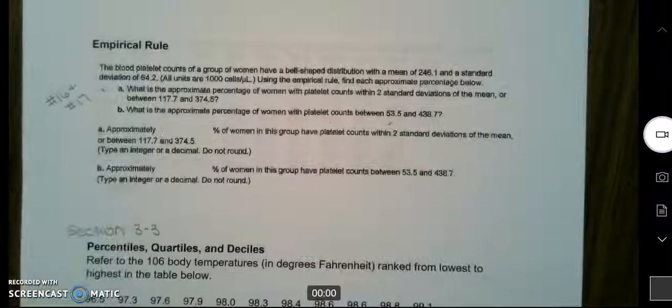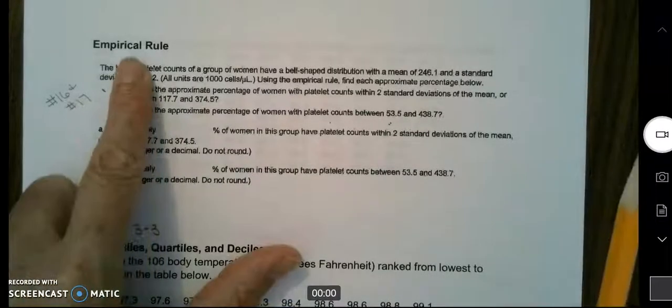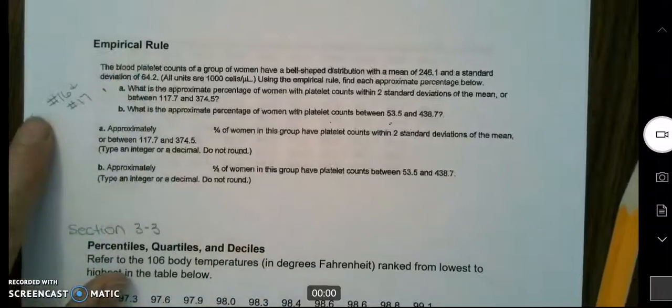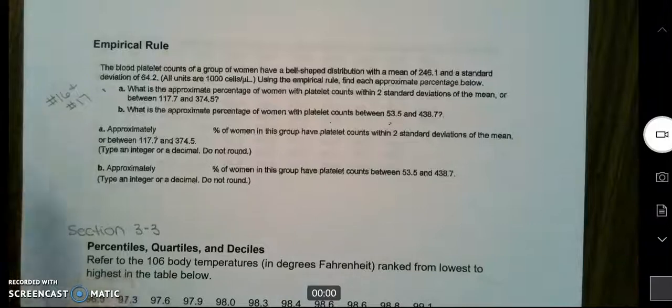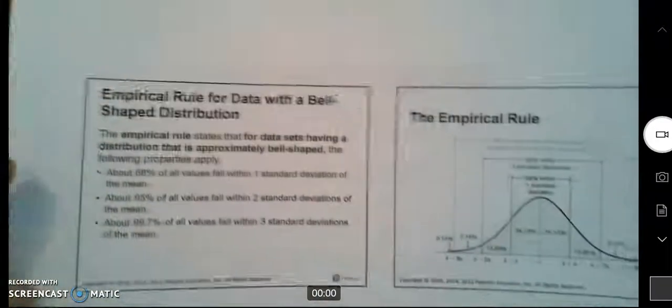Okay, this is section 3.2. We're going to be talking about the empirical rule. This is around homework problems 16, 17 from chapter 3. Okay, so the empirical rule says,